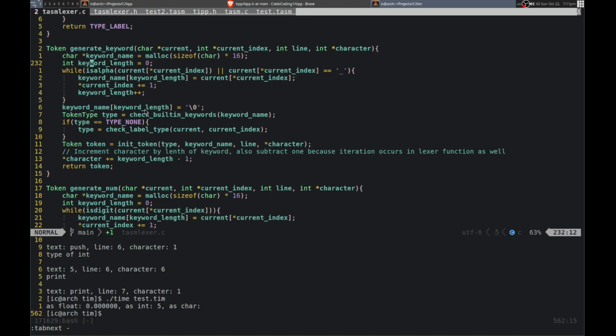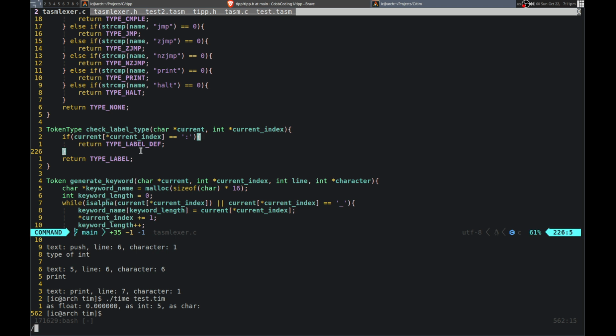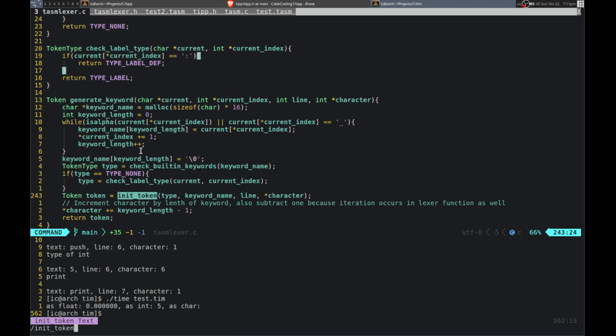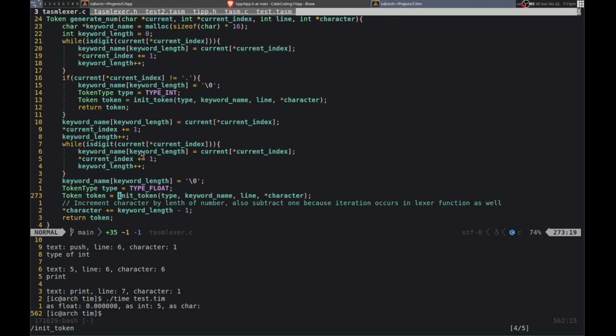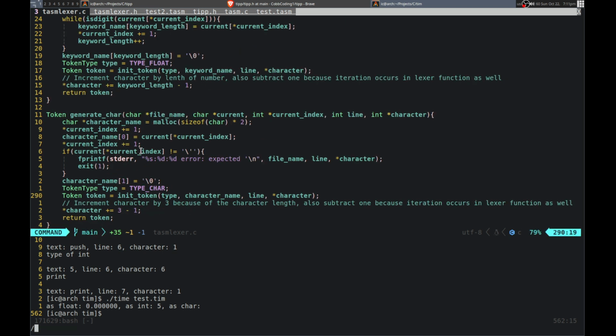So we need to set that for each token, which we do have the init token. Init token. Let's see. Want the definition of it. So